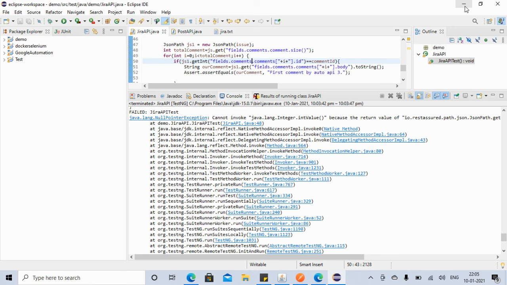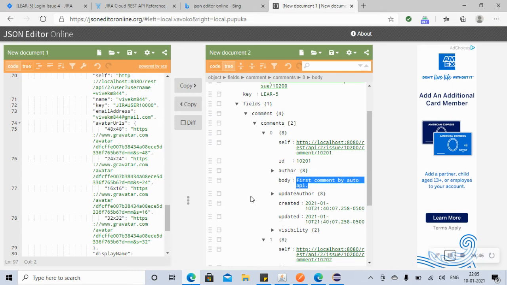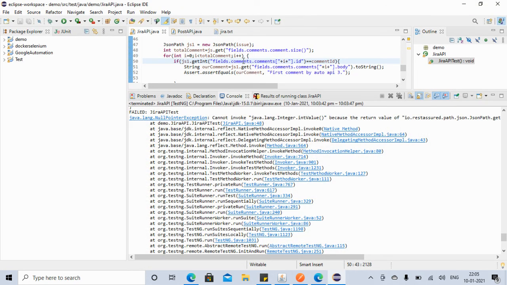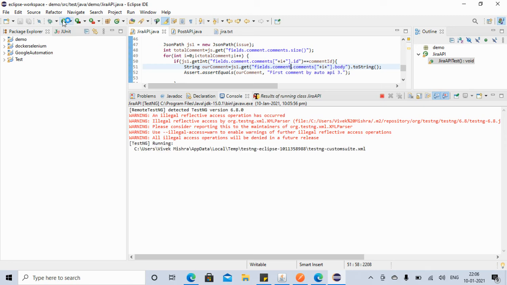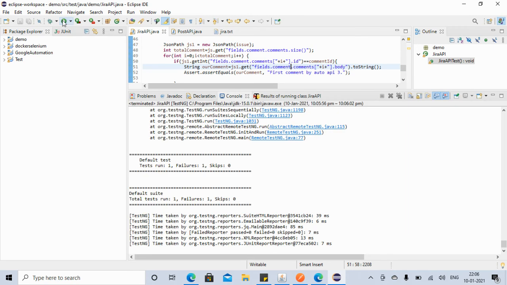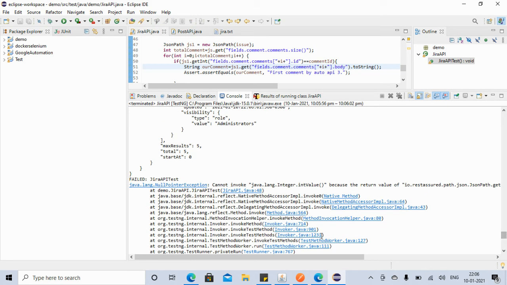Okay, friends. It looks like we made some mistake here. If you see here, what is fields, comment, comments? Here we are saying fields.comment and then comments, here also fields.comment and then comments. So let's run it again. Again one failing. So let's see this time.